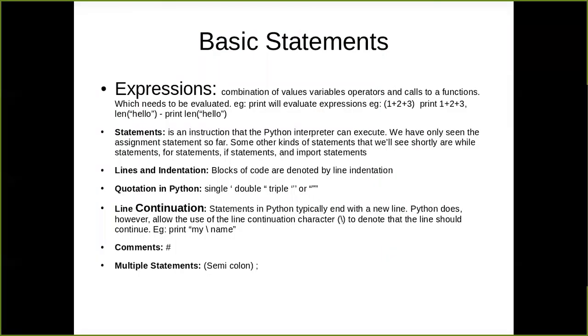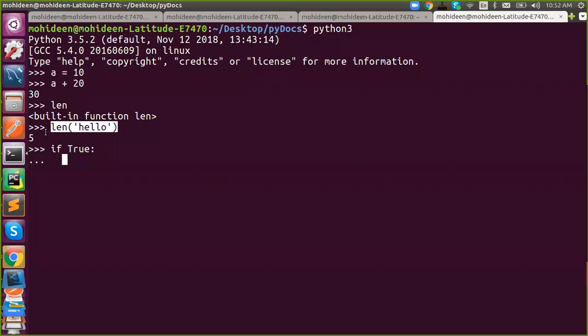So most probably a statement is something which starts with a reserved keyword, or some reserved keyword is present in the middle of the line. So a line which contains a reserved keyword is called a statement.